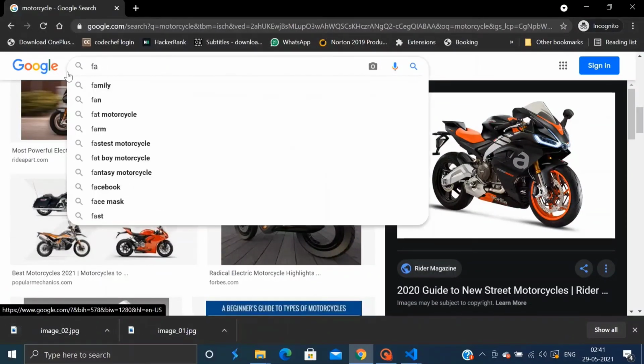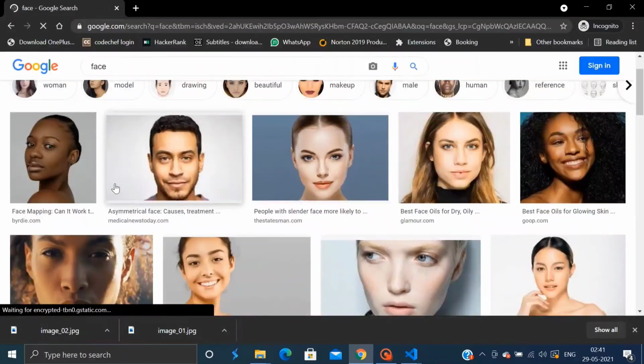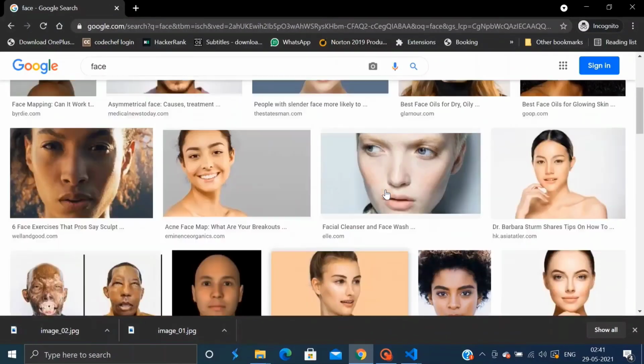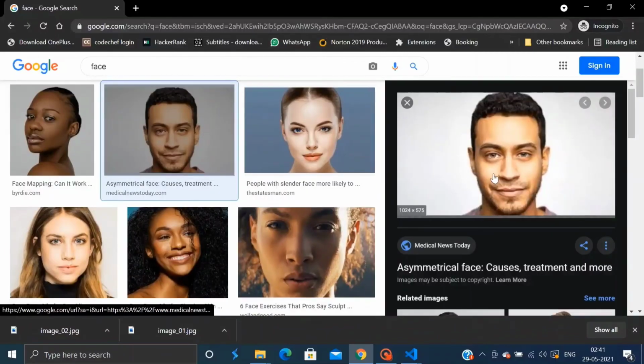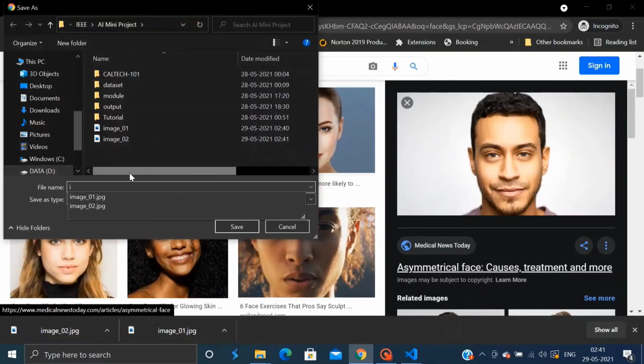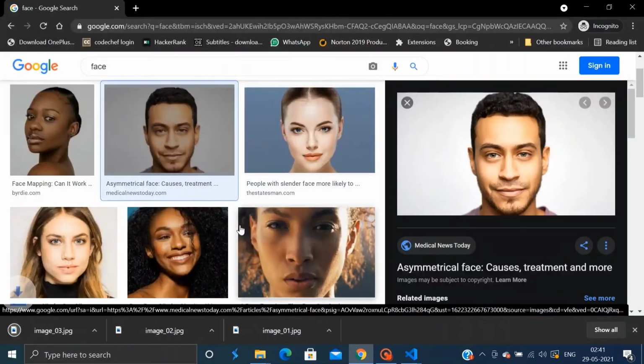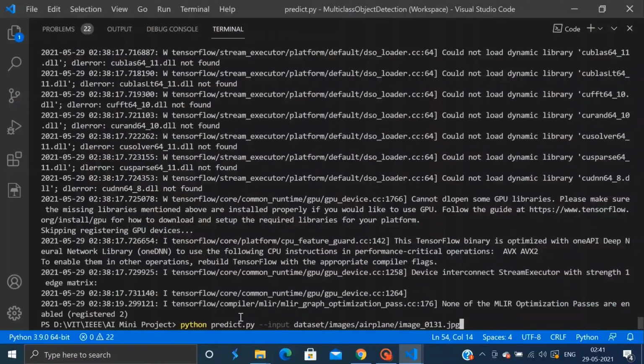And then another image would be of a face. So it will be named image3. So we will give the command line argument.